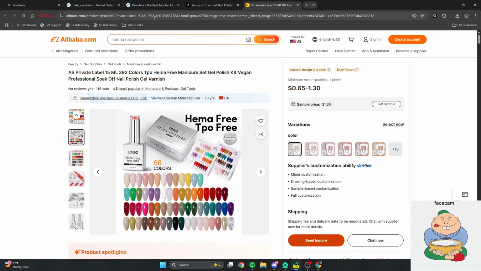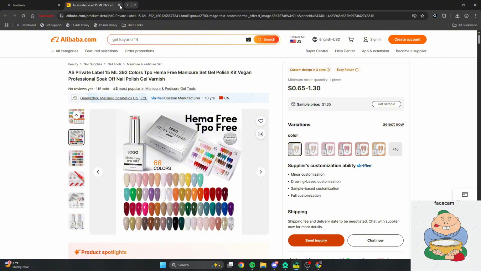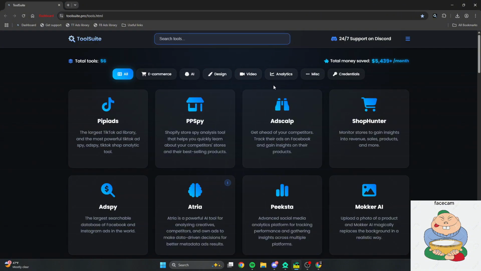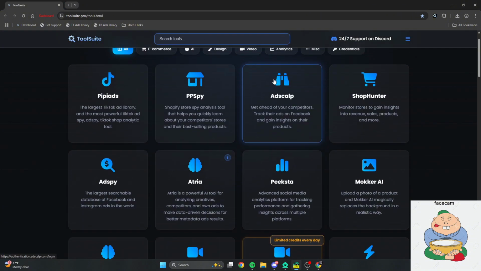Don't worry about finding a private supplier and all this fancy stuff that you hear all over the ecom space. It does not matter, bro. It's not a problem that you have right now. Just source off of Alibaba.